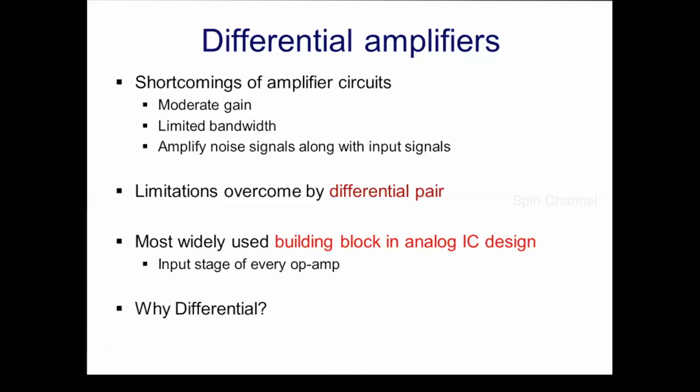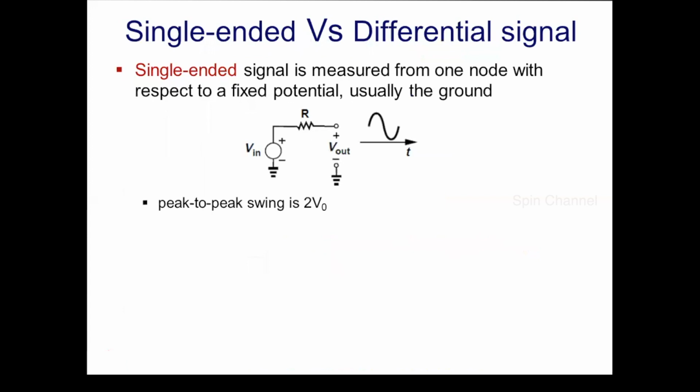For that, first let us start with single-ended signal. So what is single-ended signaling and differential signaling? Single-ended signal is measured from one node to ground, or from any node always with reference to a ground. Consider the circuit shown here. The voltage is measured between terminal 1 and 0. Because it's ground, I'm taking it as terminal 0.